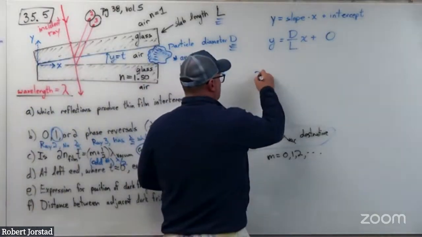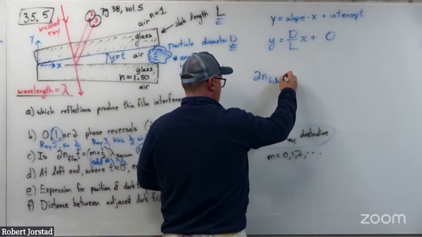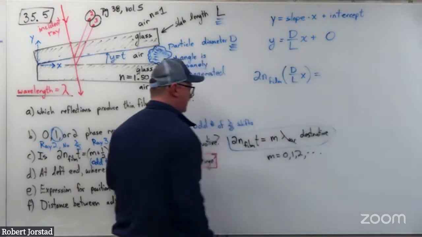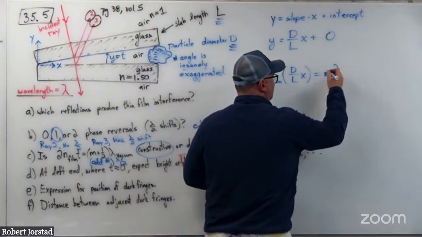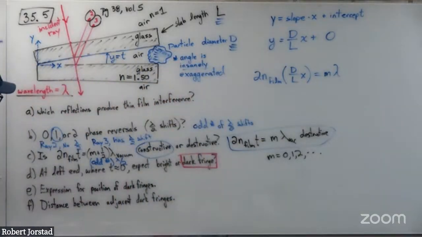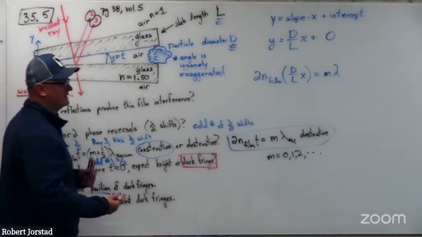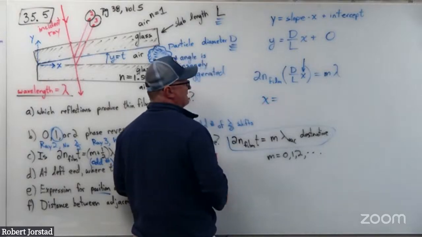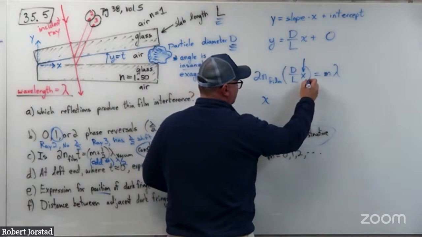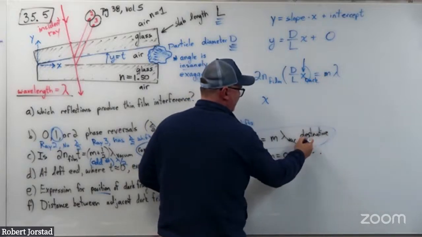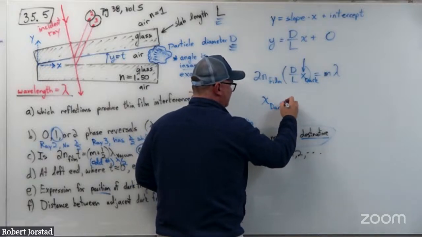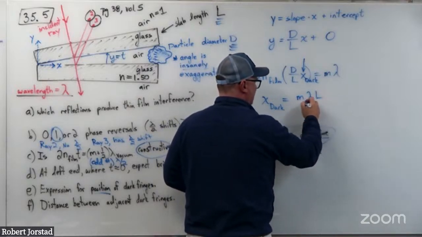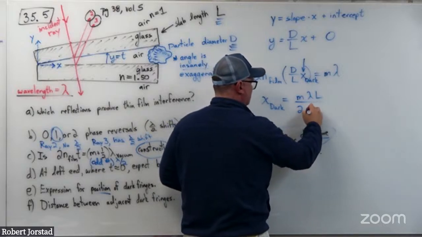So now 2n film times the thickness, which is d over l x, in this case, equals m lambda. What are we trying to solve for? Position. What variable is that? In this case, it's probably implying horizontal position. So what is x equal to? X is equal to, and maybe what I'll do is say this is x dark, just to keep track because we came from a destructive. I'll say x dark is equal to, let's see, I'll get an m lambda L over 2 n film